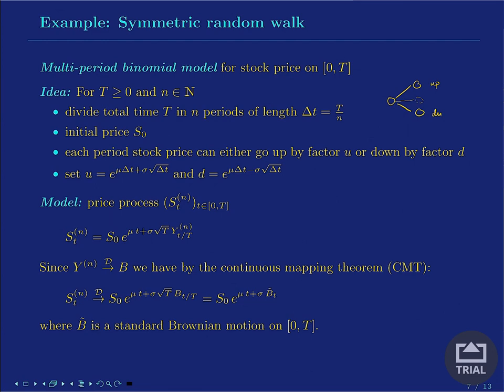Then we can express at time t the stock price as the initial price times e to the mu t, so that would be the deterministic growth according to this growth part, and then plus the random noise sigma times square root capital T times our standardized symmetric random walk as on the previous slides, and this process here converges to a Brownian motion in distribution, and by the continuous mapping theorem,